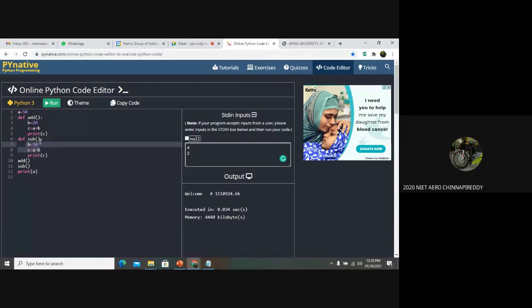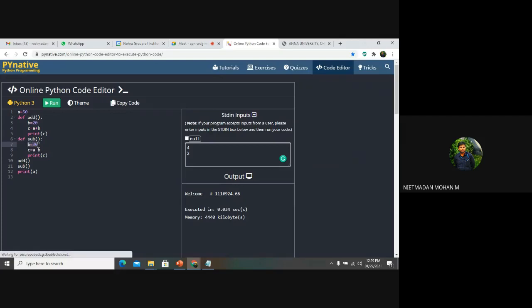Yes, sir. So the first output we will get as 70, and after getting the output, it will go to the 11th line and search for a sub function over here. And here we have assigned another local variable. Here the same variable has been assigned, B is equal to 20, and here the value has been changed, B is equal to 30, and it comes to C, and it automatically takes the value from the global variable, 50 minus 30, and C will produce the result as 20. So it will print the result as 20. So the first output you will get as 70, and the second output we will get as 20.